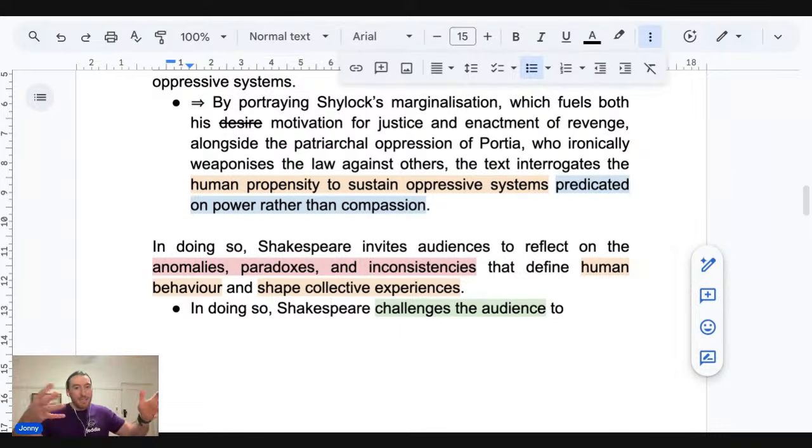Okay, you've said these ideas, you've said how it's represented in the text. What's the impact on the reader? What's the impact on the audience? And connect that to the question. What's the takeaway, right? What are we being challenged to do? In doing so, Shakespeare challenges the audience to